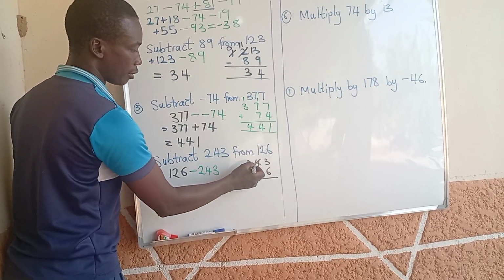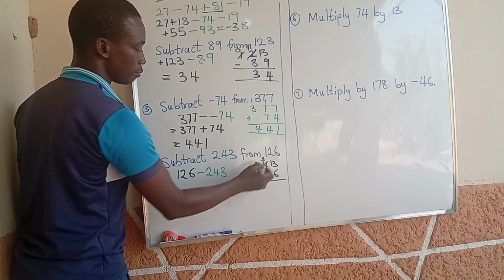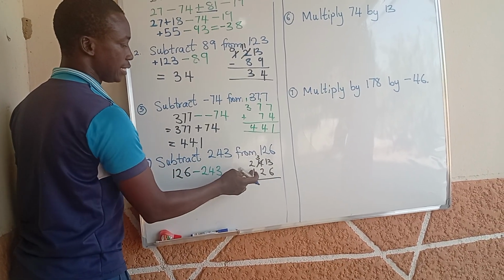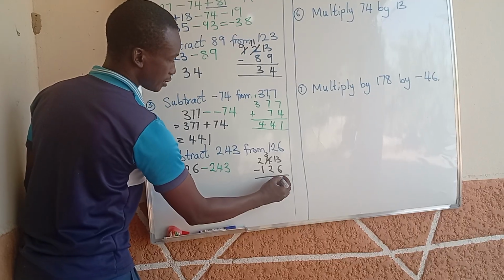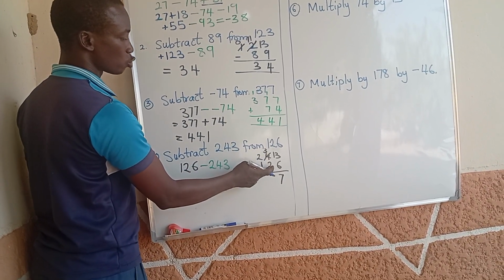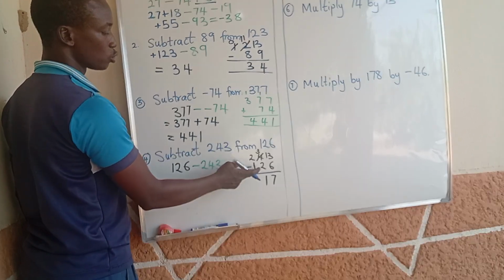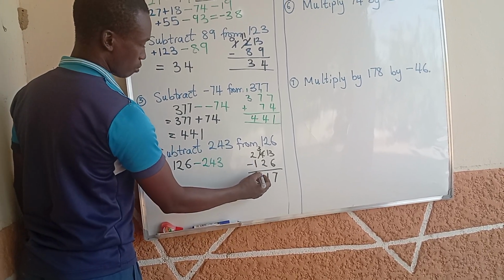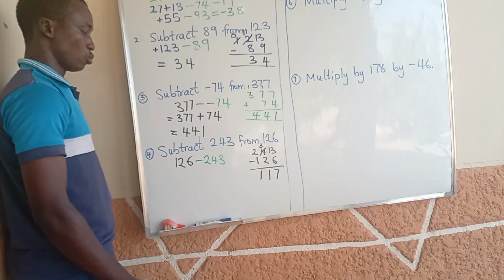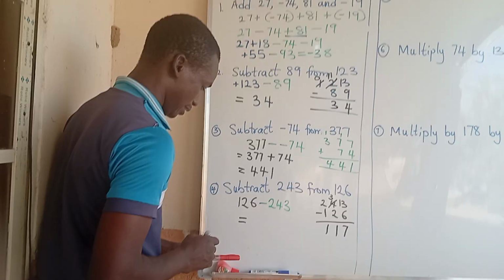So you come here, you borrow 1, this one will remain 3. You put the 1 here, it becomes 13. And you say 13 minus 6, you get 7. Then here you say 3 minus 2, you get 1. And you say 2 minus 1, and you get 1. So that means our answer here is